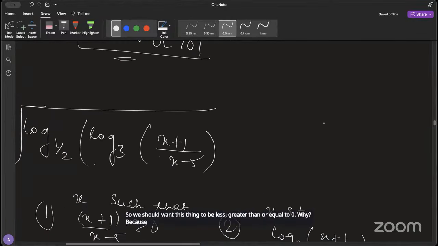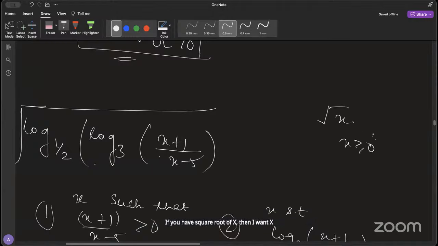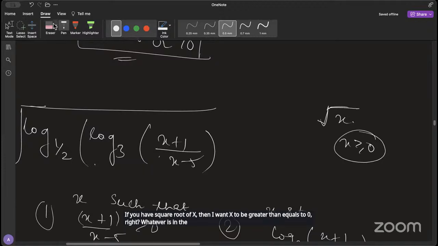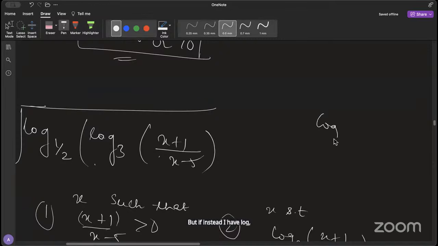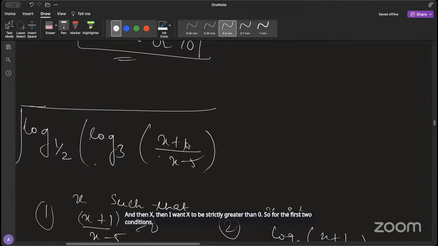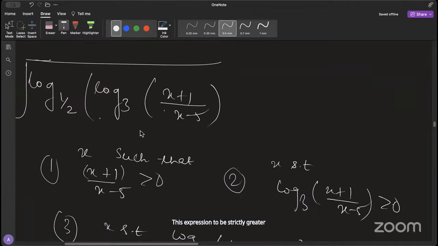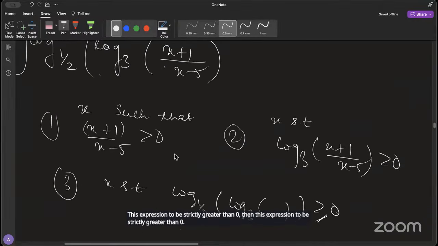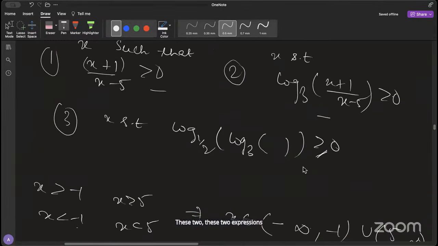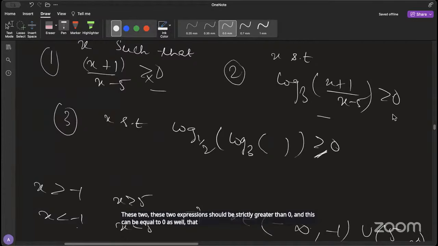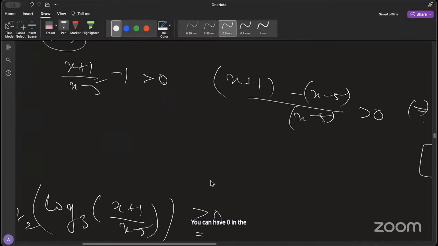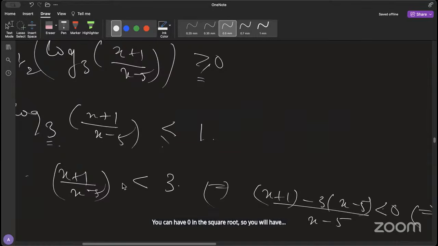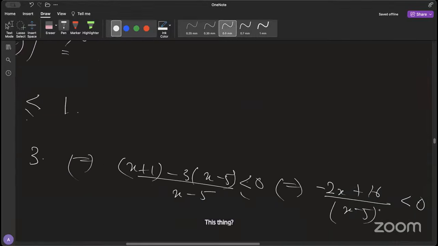Why? Because if you have square root of x, then I want x to be greater than or equal to 0. Whatever is in the square root can be greater than or equal to 0. But if instead I have log of x, then I want x to be strictly greater than 0. So for the first two conditions, I want these expressions to be strictly greater than 0, and this one can be equal to 0 as well. That's fine. You can have 0 in the square root. So you'll have this thing, and